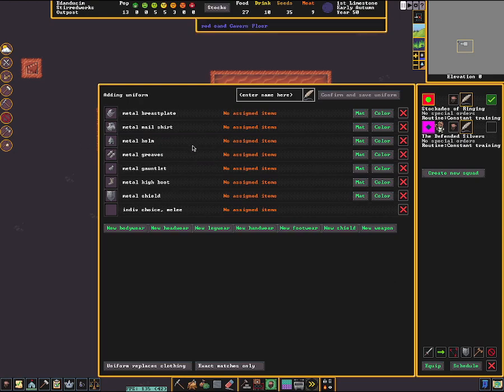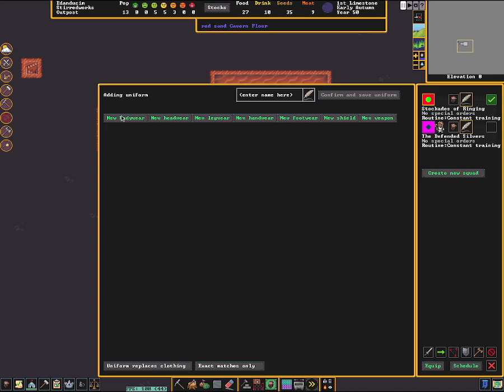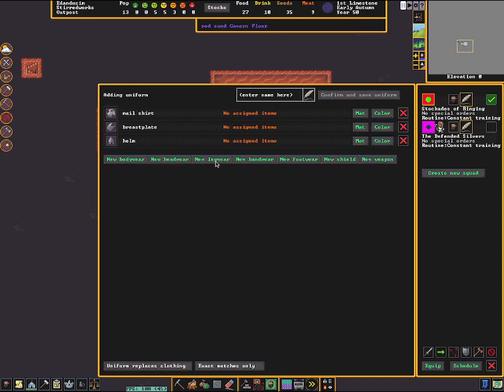So that's kind of how you use the... Oh, and let me select it. So this... Oh, it didn't do it. Okay. Let me just... I'm not even going to select...